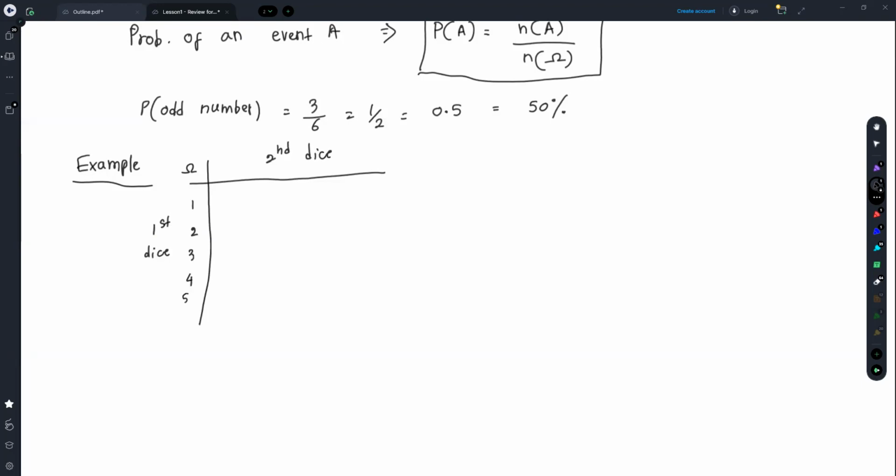I'm not going to fill it again. And I'm going to define a few events. You all can calculate the probabilities and share them. So I'll define event A as